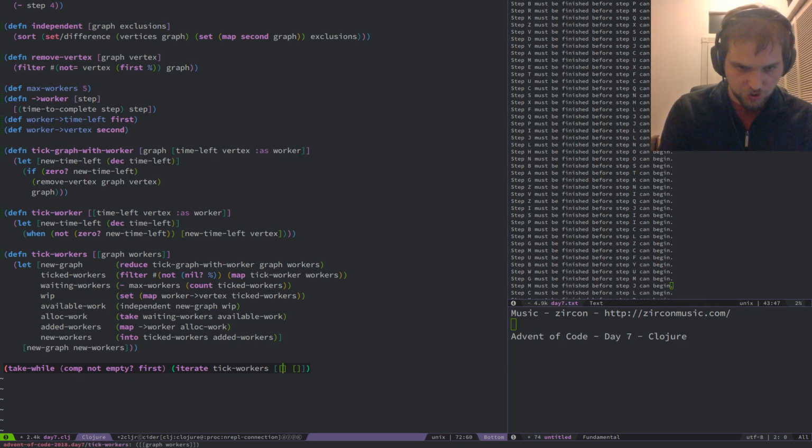Iterate tick workers on an initial thing of our dependencies and no workers. Map second, so we're going to see all of our workers, and take 80.